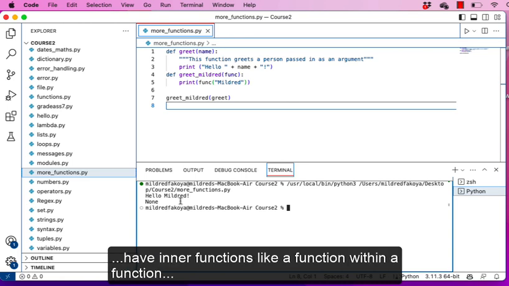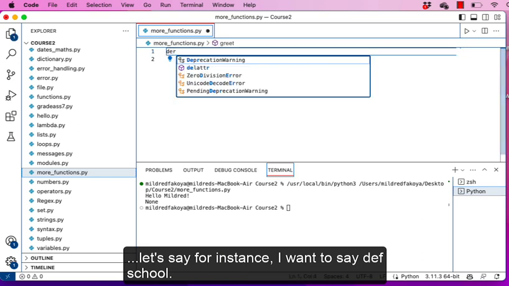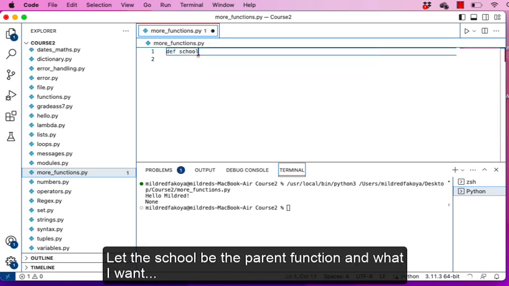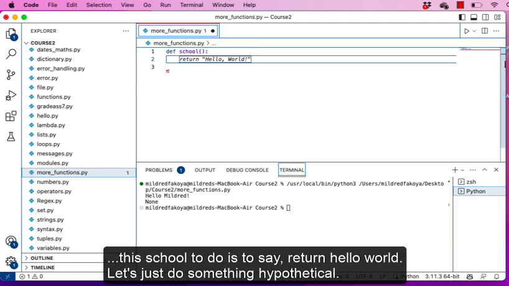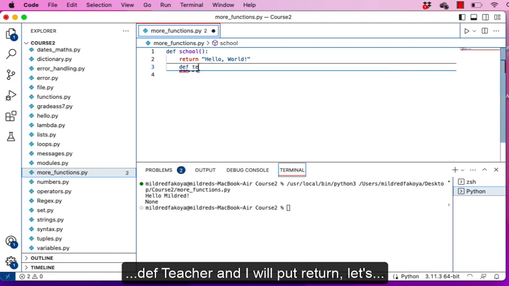We can also have inner functions, like a function within a function. Let's say, for instance, I want to say def school. Let the school be the parent function, and what I want this school to do is to return hello world. Let's just do something hypothetical, and within that school function I want to create another function, def teacher, and